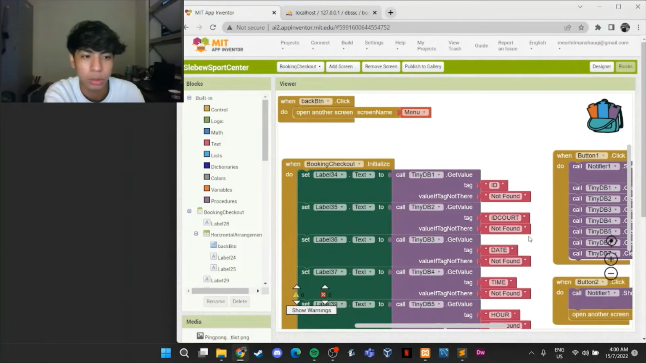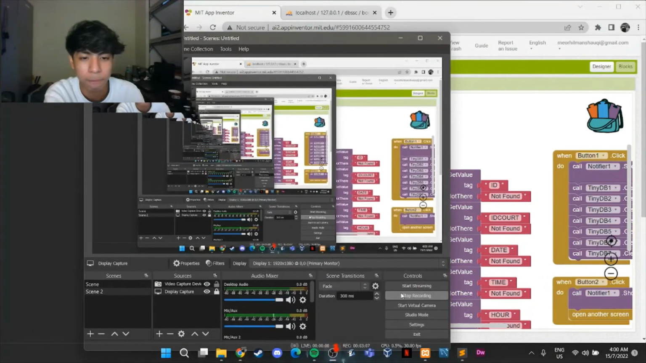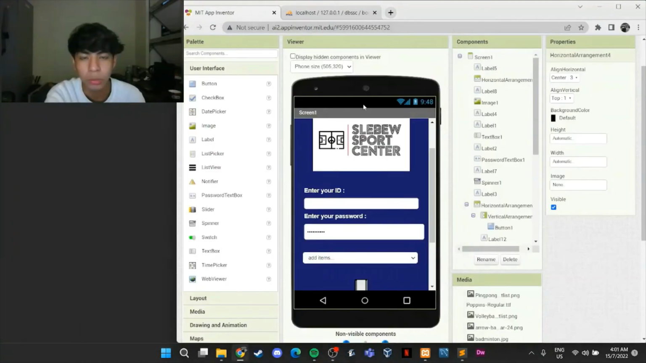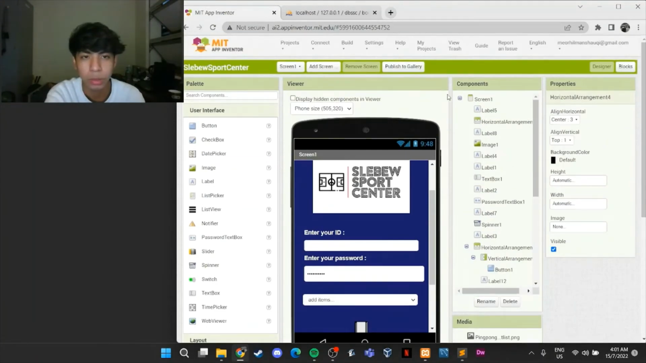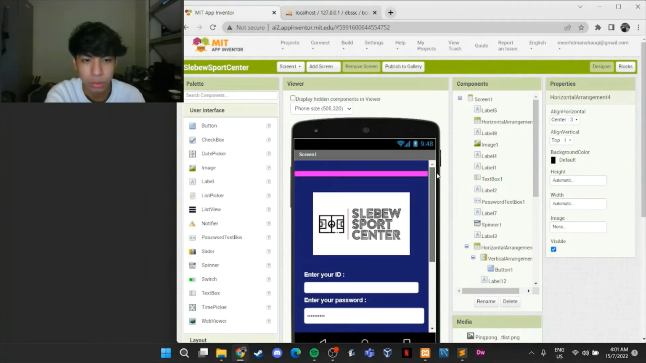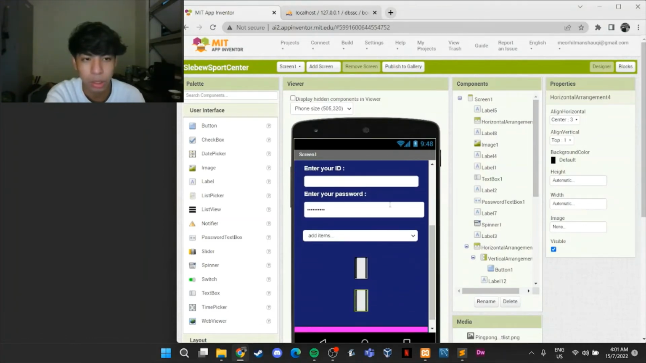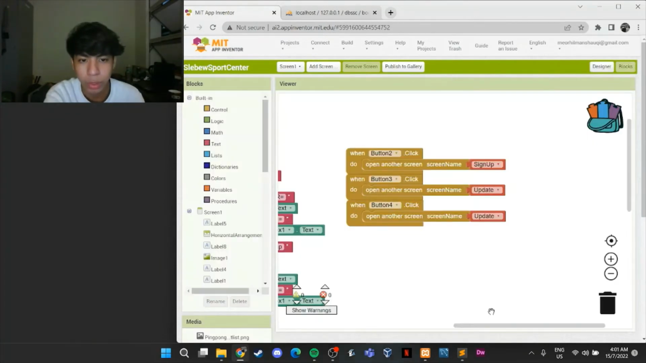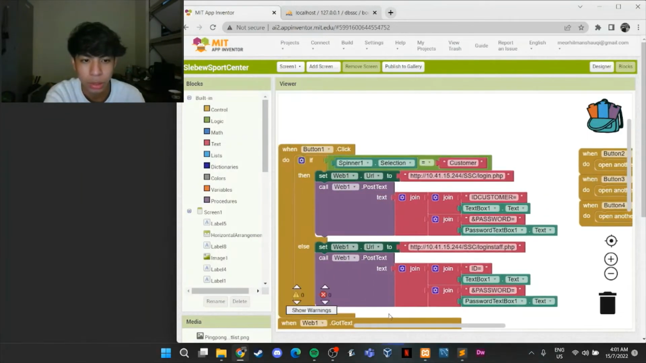Okay, now I will explain about the view admin. So just now, earlier, I told you about the selection, right? So if the spinner selection is user press admin, it will bring them to the admin